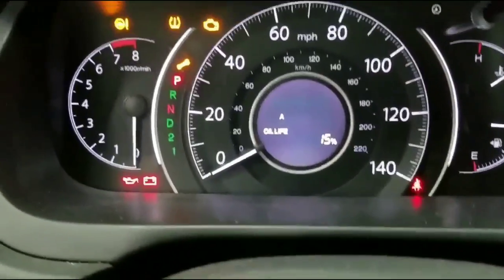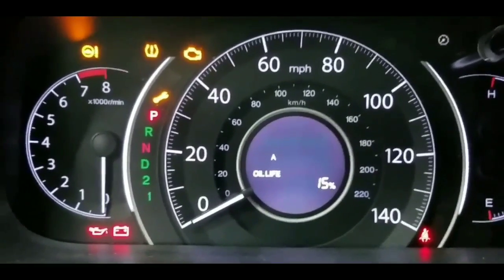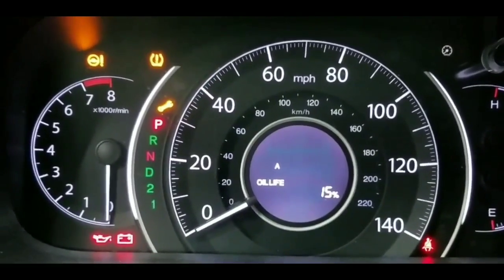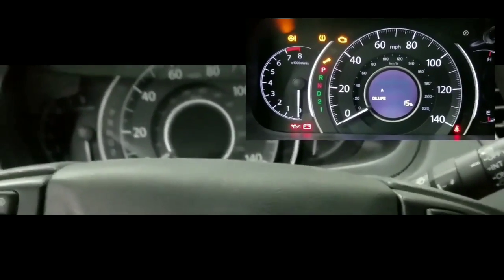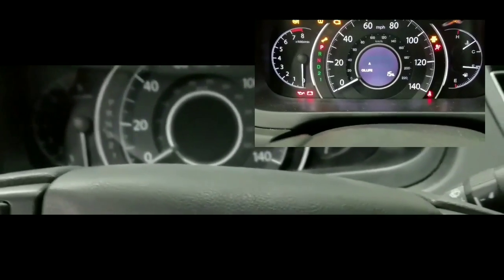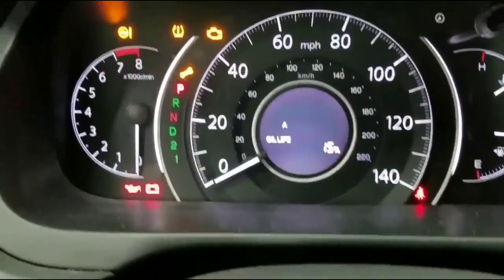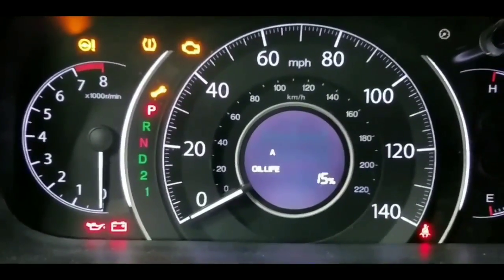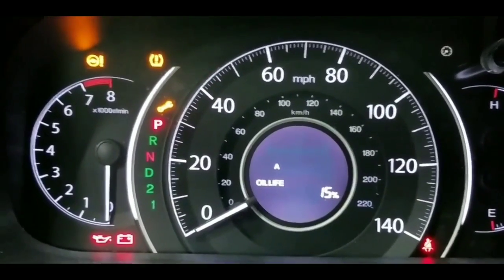I'm pretty sure it's the starter, considering if a fuse goes out, there's a couple of things that could happen. Sometimes you would get absolutely nothing on the dash, which means there is a blown fuse, particularly a main blown fuse. But this is not the case, considering everything lights up. Not a problem. And there's nothing that looks weird or odd